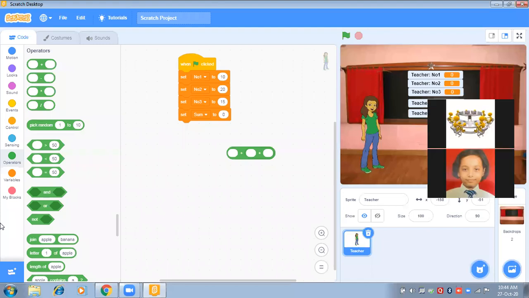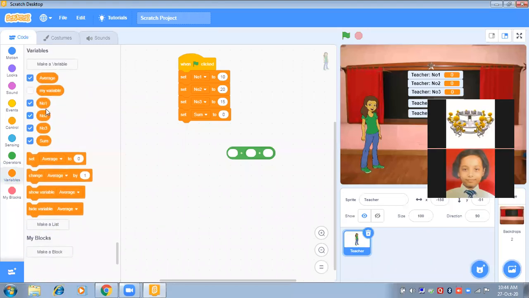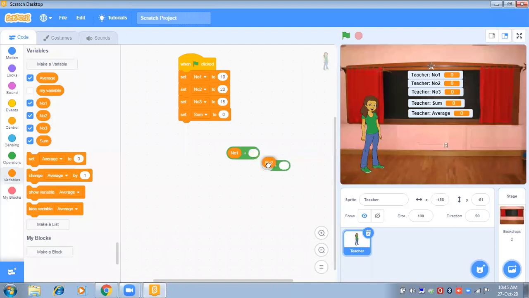Now I'll again go to the variable and drag number 1 in the first circle, number 2 in the second oval, and number 3 in the third oval. And this whole block should be inside this circle.